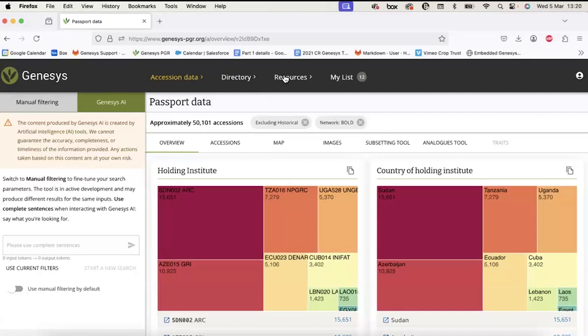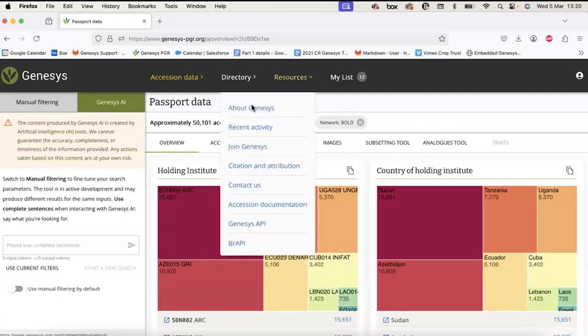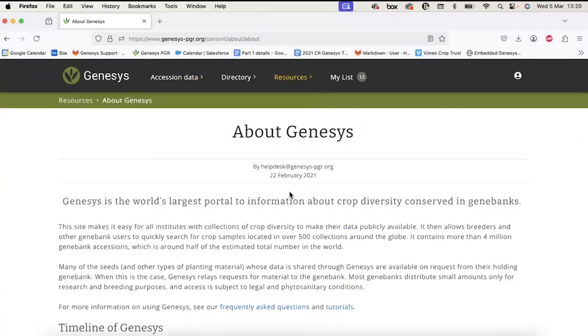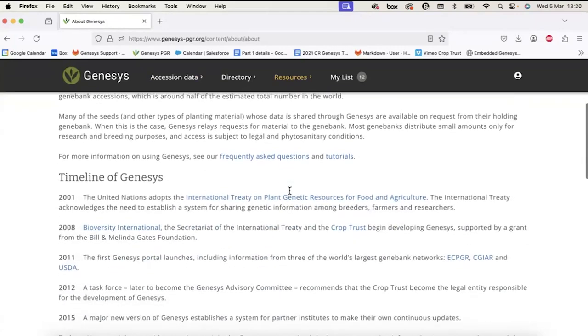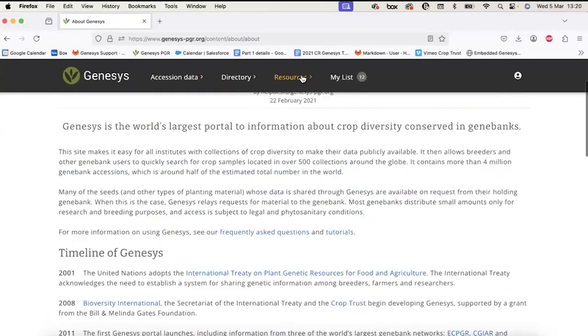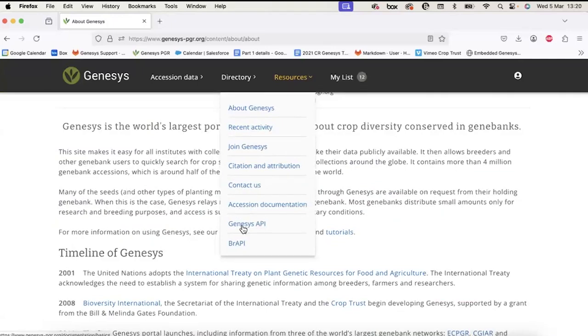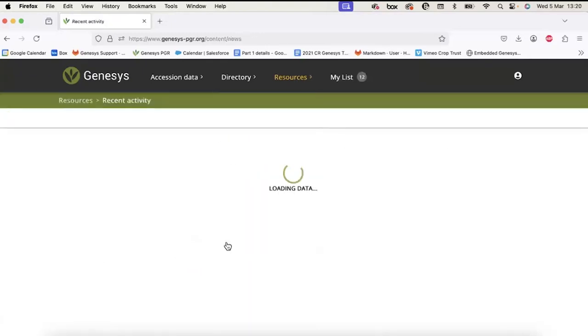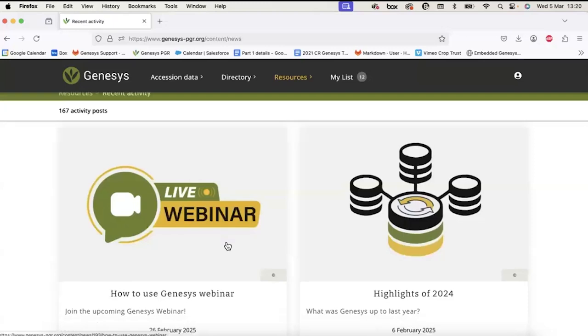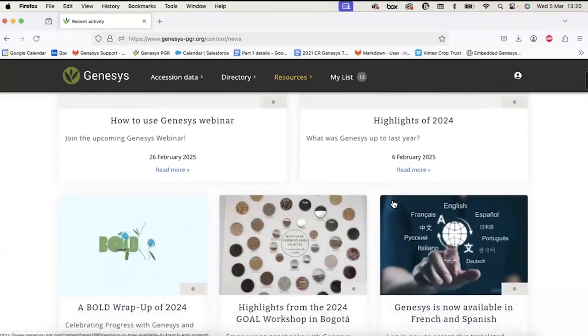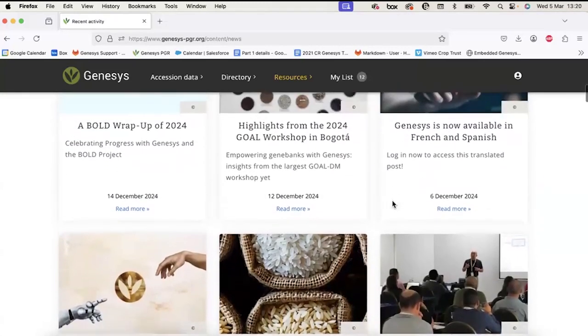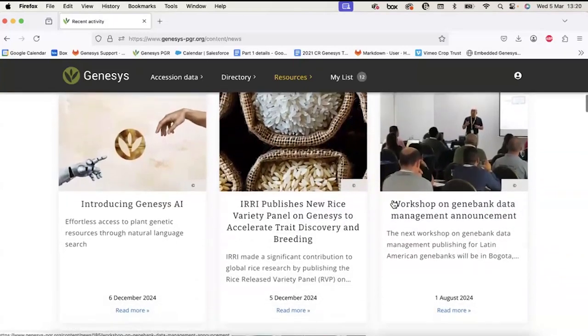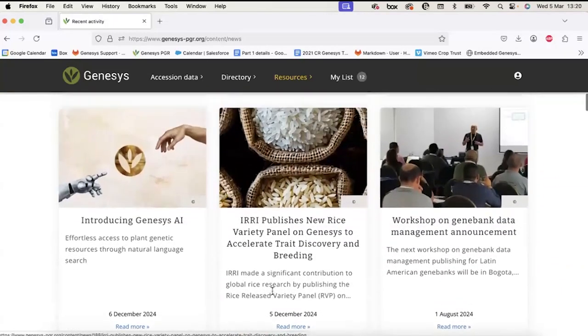The third menu item is everything related to reading material. I showed you already in the beginning of this webinar the very first reading material, which is about Genesis, some timeline and acknowledgements. But there are also different sub-menu items that are useful for you. The main one being the recent activity, because this shows you what is the latest in Genesis, latest updates, activities, tools being released. Sometimes we do